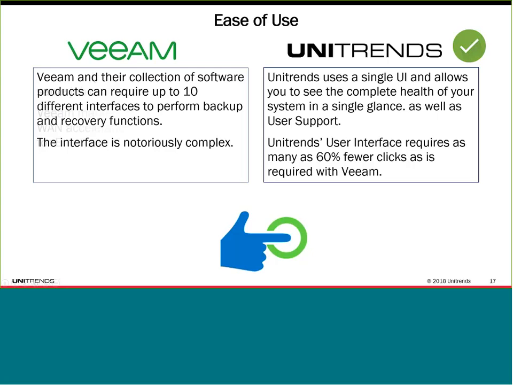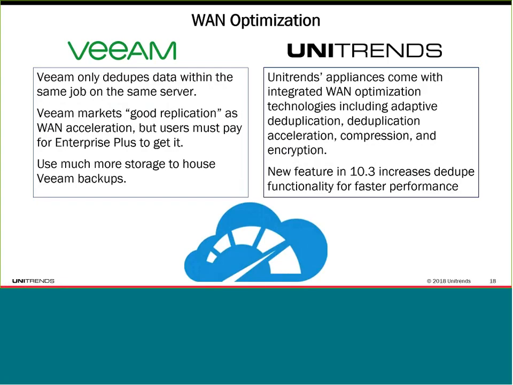And in terms of replication and WAN optimization, Veeam only uses the deduplication data within the same job on that server. So they absolutely market that they have great replication as part of WAN acceleration, but it's only included in their Enterprise Plus version of their software. And because of that, it uses much more storage to house all of these Veeam backups because the deduplication is not global, it's just job-based, versus Unitrends, which offers global